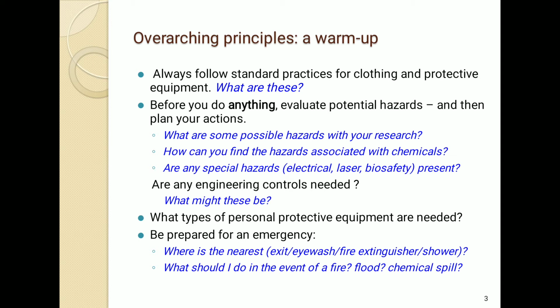What are these? Before you do anything, evaluate potential hazards and then plan your action. What are some possible hazards with your research? How can you find the hazards associated with chemicals? Are any special hazards, electrical, laser, biosafety present?